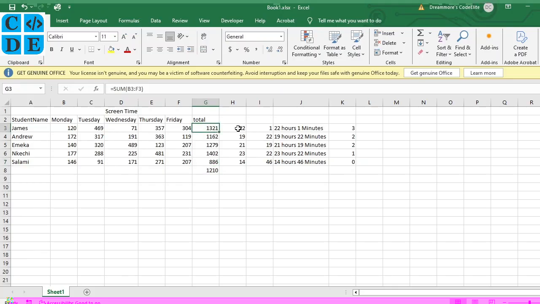I converted this to hours and this to minutes just by dividing by 60, getting the whole number part, and then getting the remainder when you divide by 60. So this will be 22 hours 1 minute, 19 hours 22 minutes. What I just did there is to concatenate them, just to join this and that and add hours